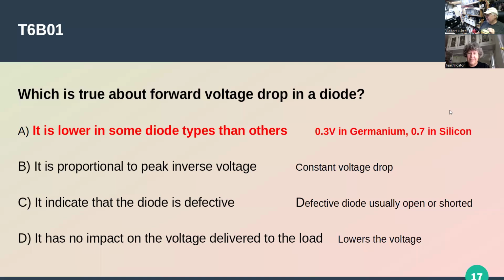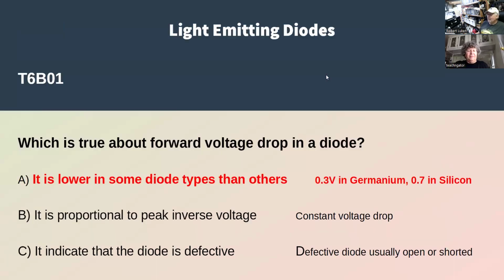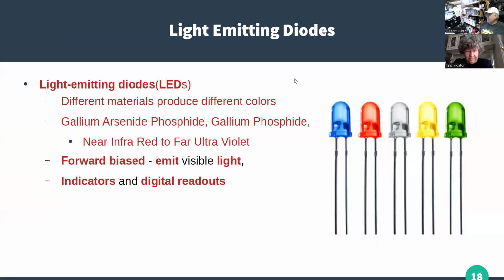And we'll talk about those here in a bit, for light emitting diodes aren't germanium or silicon. And we'll talk about them right now. There we go. Flashlights. And indicator lights, they come in all kinds of colors now. And they use different material to produce the different colors. And each of those materials has a different forward voltage. So instead of it being 0.3 or 0.7, it might be 2.5 or 3.5. They're all different voltages,